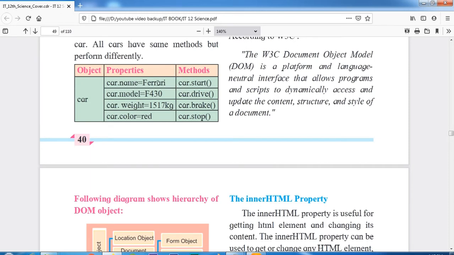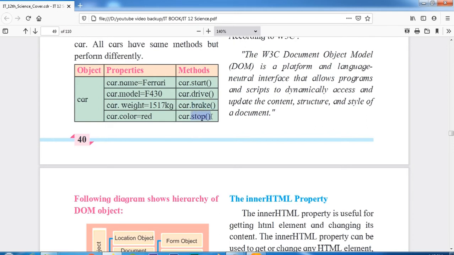So car.start means whatever activities are performed in the start method will be included in car.start. Car.drive, whatever the activities in drive will be defined in this method. Car.brake, to apply the brakes in the car, whichever activities will be performed will be included in the brake method.